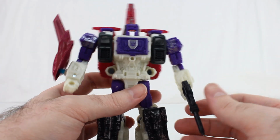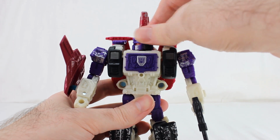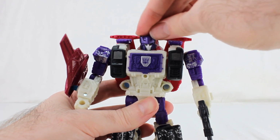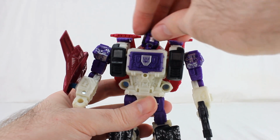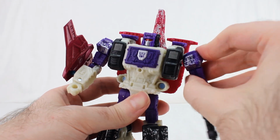So yeah, those are the accessories you can use. Of course, his head is on a ball joint, so left and right. You can't really get much of anything else besides left and right because of the shape. Although if you put the Titan's Return one on, you get a lot more range there. So just something to think about. His shoulders can move forward and back all the way, 360 rotation, and outward